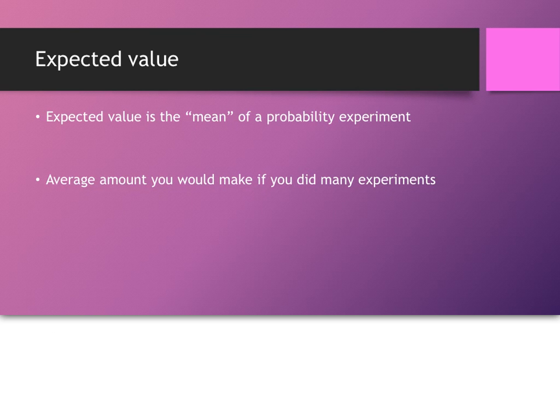All right. Now, here's the calculation point, and this is called an expected value. The expected value is actually the average or the mean of a probability experiment. All right, and it's basically the average amount if you did a lot of experiments. Okay, so for instance,